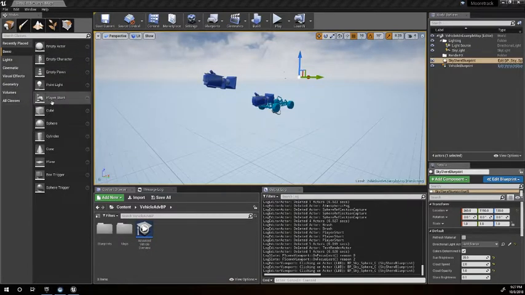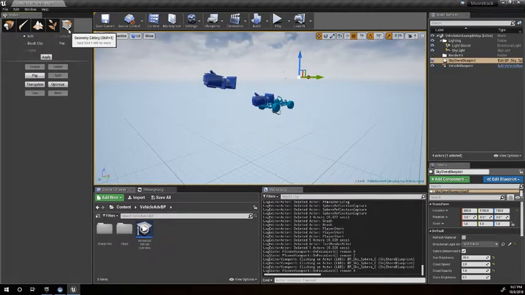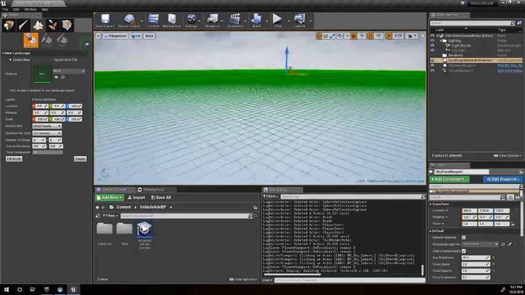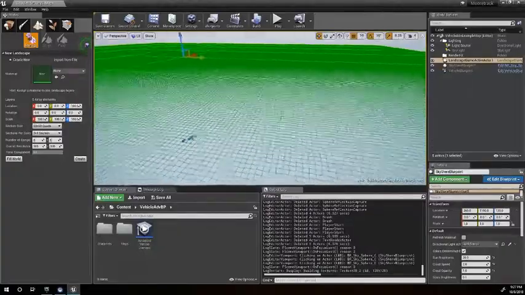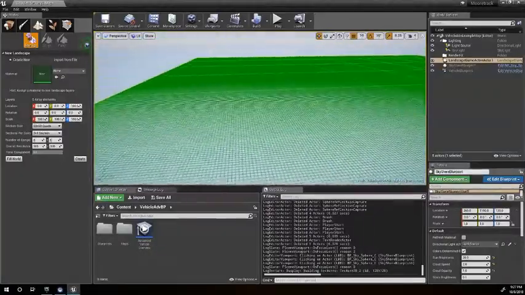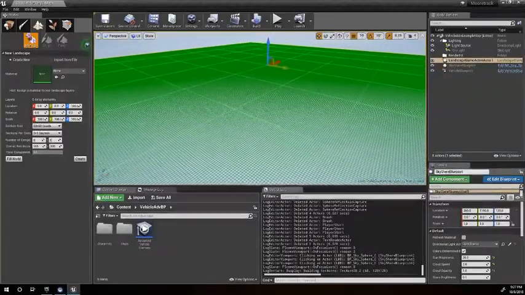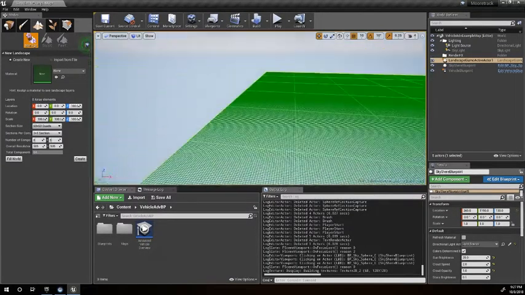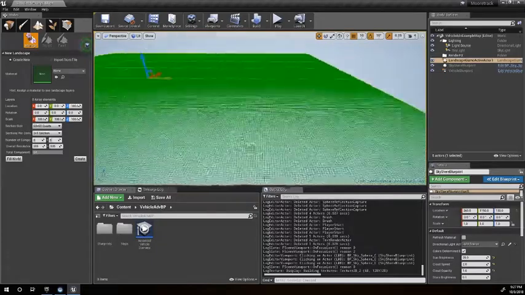Now you'll recognize this from the last project. We only used the place mode, and some of you used the geometry editing mode, but this time we're going to get over into the landscape mode. So you can see that when I click it, I'm brought to this big green grid here. This is the Create Landscape panel. Unreal detected that we did not already have a landscape created, so it brought us straight into the Landscape Create